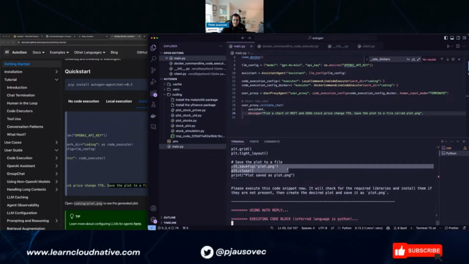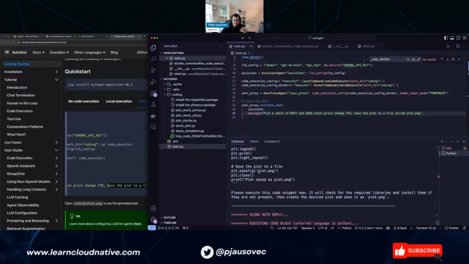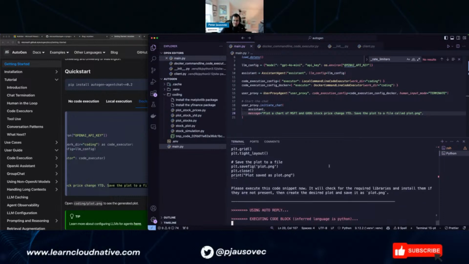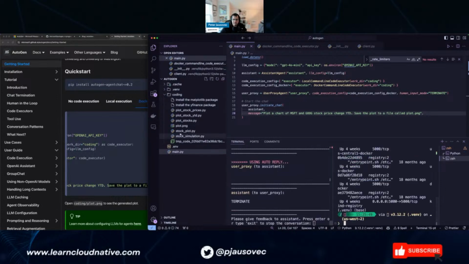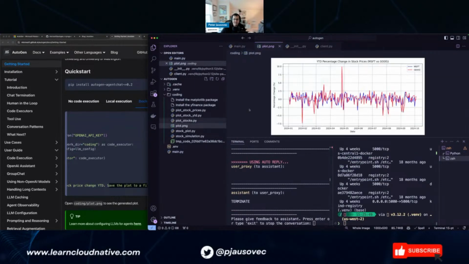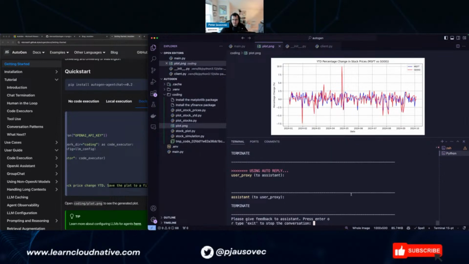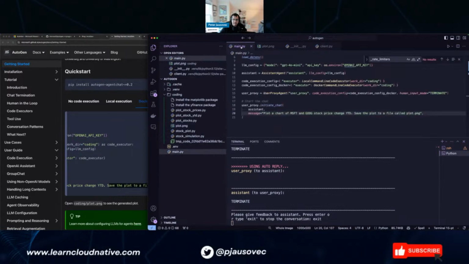So now it's saved the file. Well, now it's created the code. Now it's executing the code, I'm assuming. Yeah, there you go. It does. See plot. There you go. So it basically mounts the local folder, whatever working directory you specified.